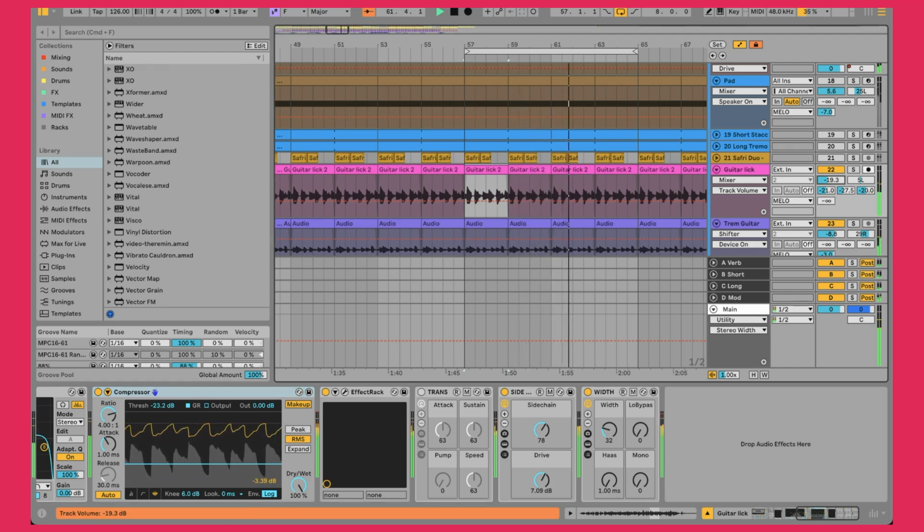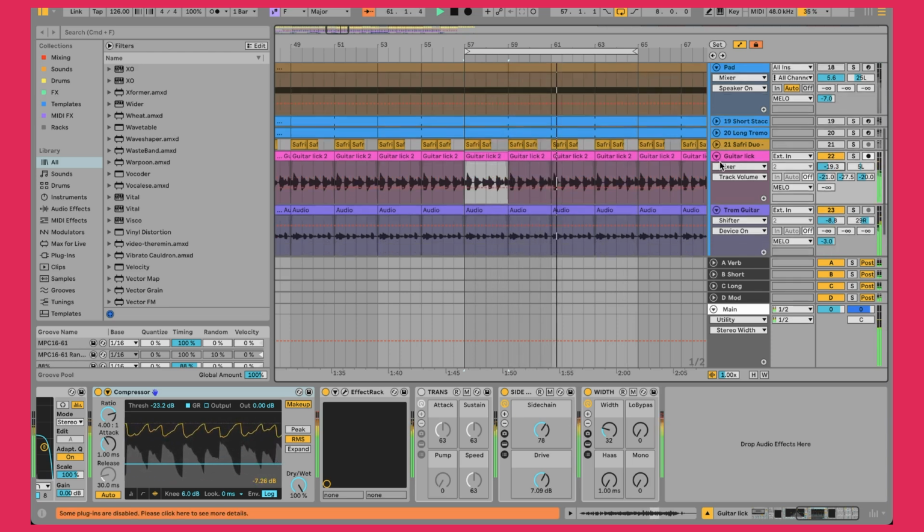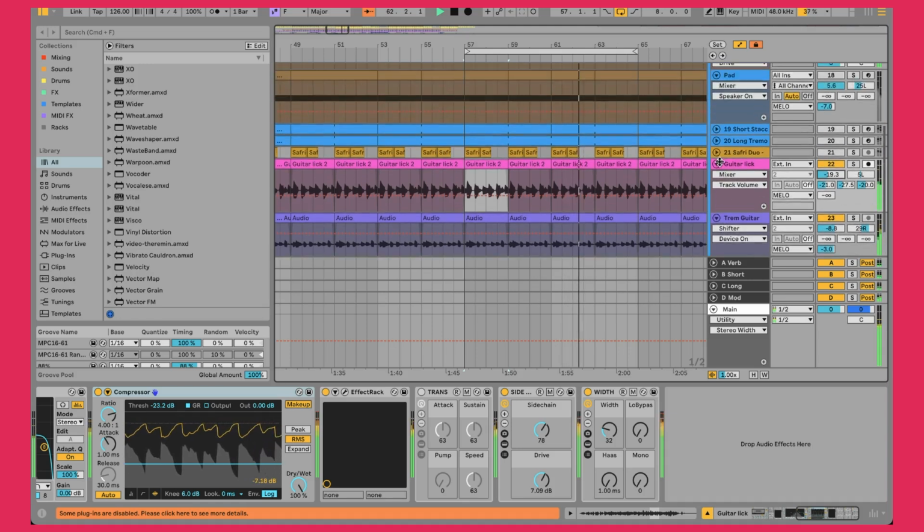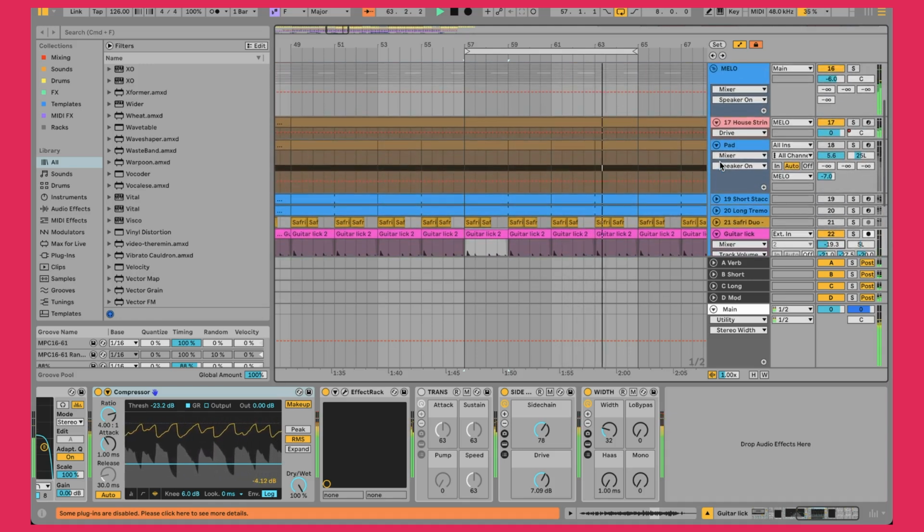I would say if you were going for a 1-for-1 carbon copy, this doesn't sound quite like the original, and that's why I started to take liberties with adding a lot more effects and then burying it underneath everything for some additional elements. I would say at this point, there's only a few more elements that I did add, but this is kind of where I started taking things in a new direction.